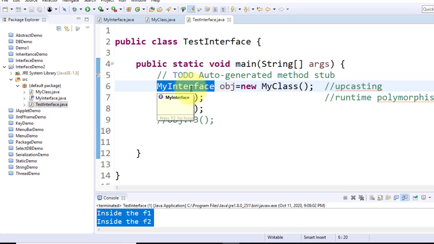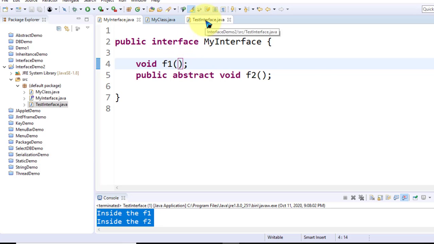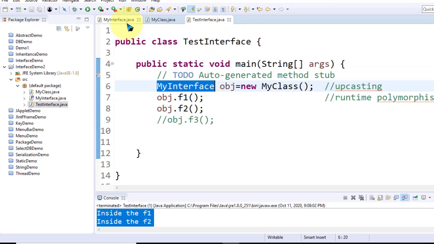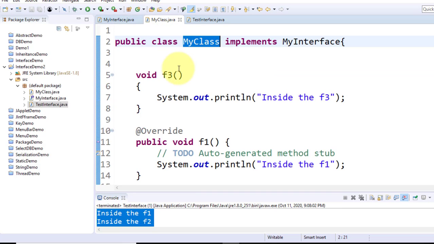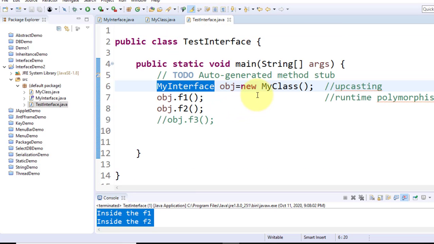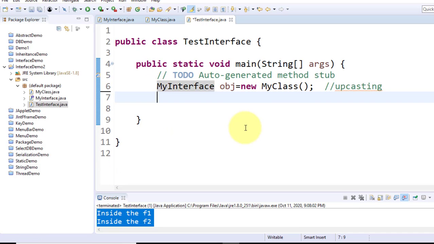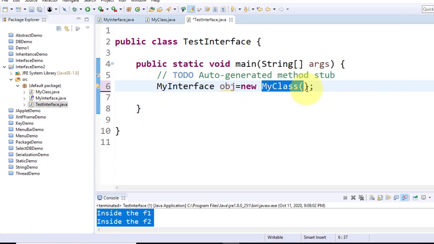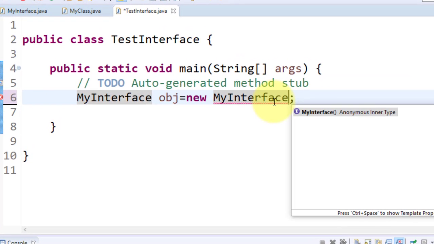Okay, so now suppose I don't want to write all these things, and I want to write the class implementation, or my interface implementation of the methods, and I don't want to define a class separately. So if you want to provide an inline implementation, another option is available, and this is known as